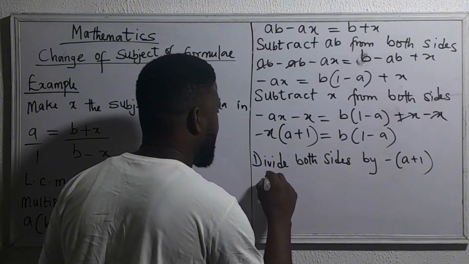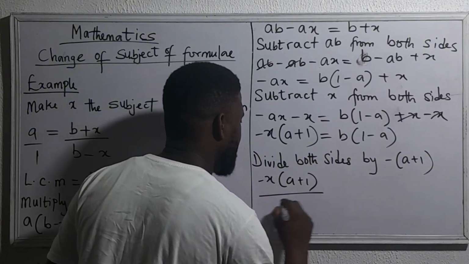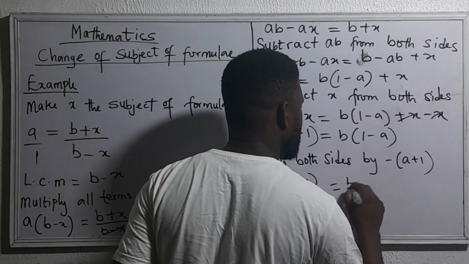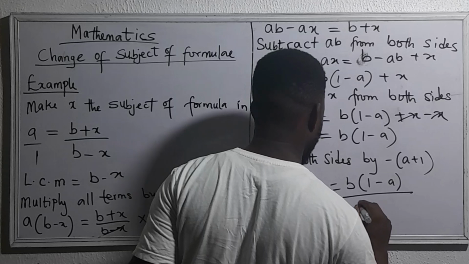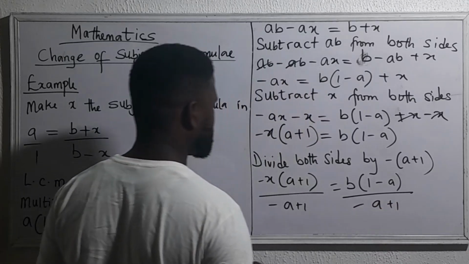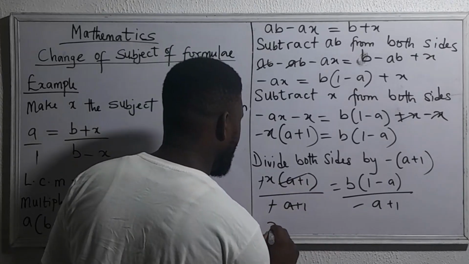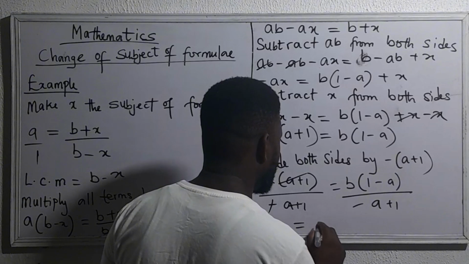So we have minus x(a plus 1) dividing minus a plus 1 equal b(1 minus a) dividing minus a plus 1. We cancel out minus, this we cancel this. We have x on the left hand side equal, we have b